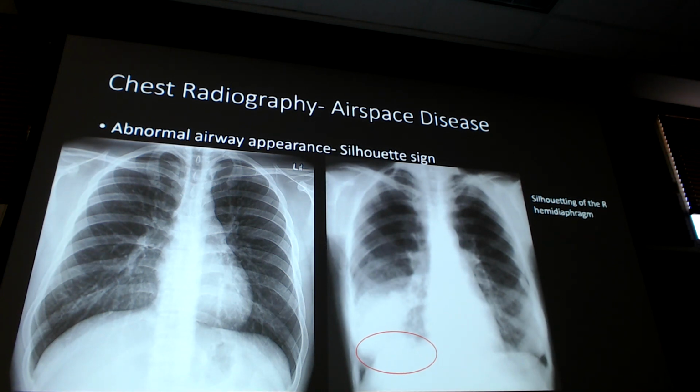Does that follow? Does that track? Why is that important? Remember how I told you, in order to figure out where these things are and what lobes they are, what do you need? A PA and a lateral to definitively say this is left upper lobe, right middle lobe, whatever the case may be. Well, what happens when you have that sick patient that is inpatient or in the ICU